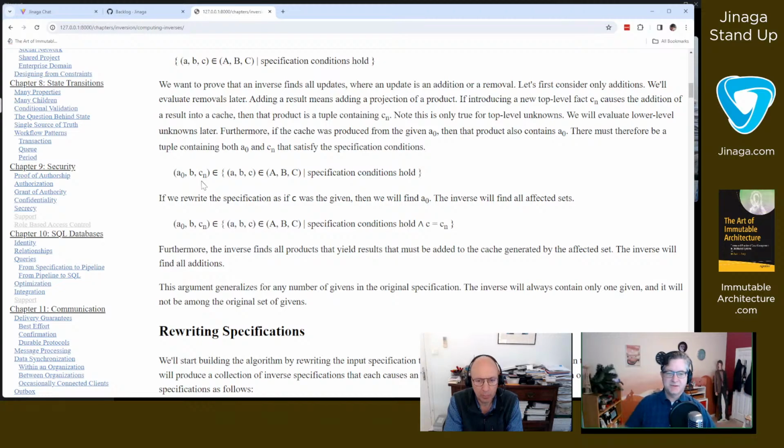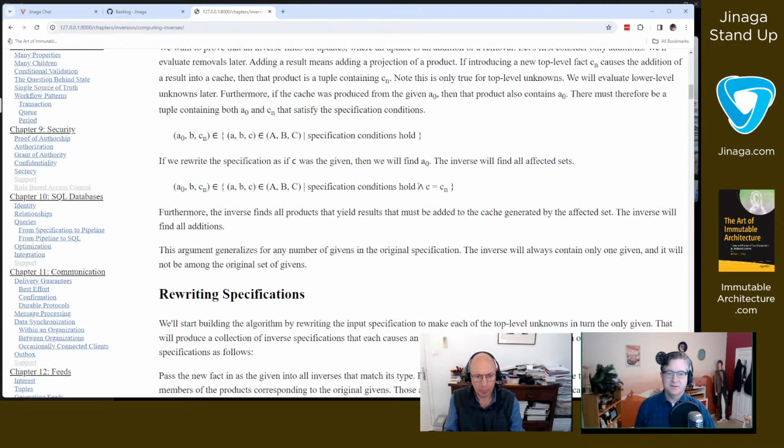So that tells me that the cache that was built on A0 is now invalid, that there's some new effect. And so I look for the set of all ABC, such that the specification holds, and now I pin it down to where C is equal to Cn.